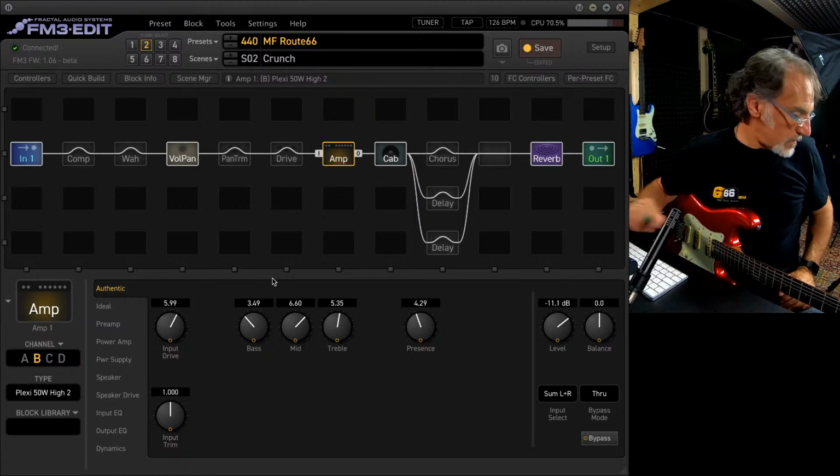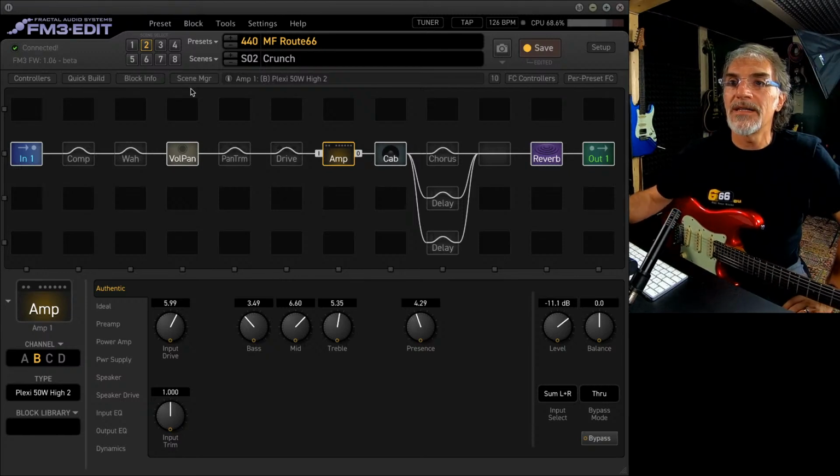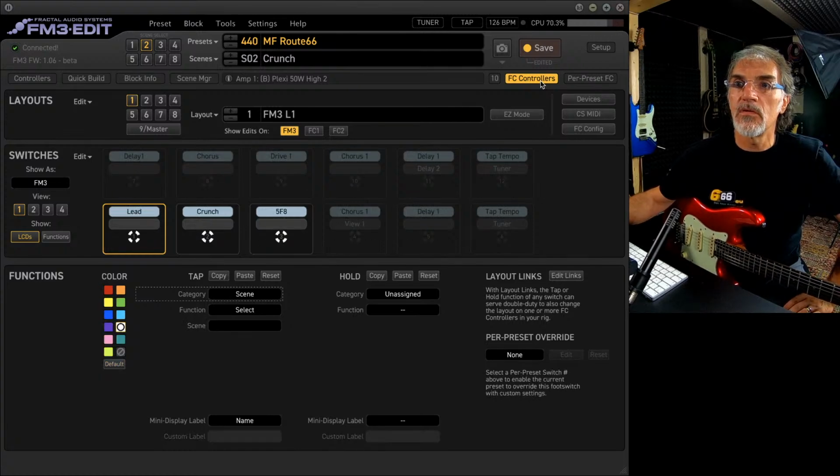Let's check now how it's possible to assign the scenes to the footswitch. Okay, from the editor, you go to the FC controller. From the FC controller, you can select the FM3 layout, and you have here the 3 switches.